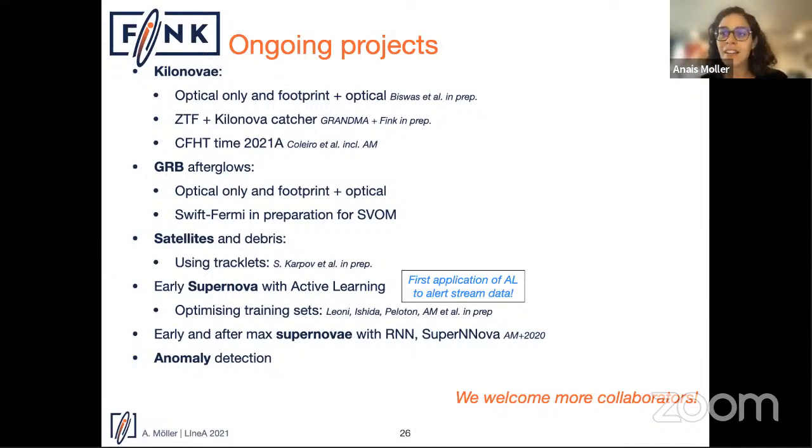And Sergei Karpov is actually leading a project of using tracklets to find the orbits and track these satellites and debris. And that's a pretty cool paper that we didn't think we would have an application on, and here we are. Of course, I am a supernova cosmologist, and a lot of the work that we are doing